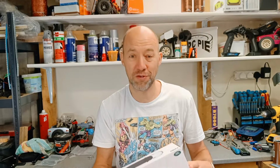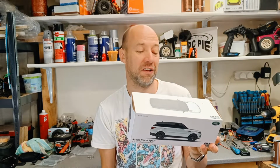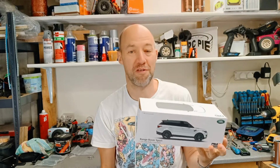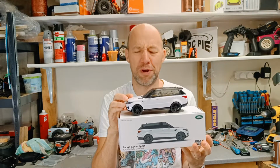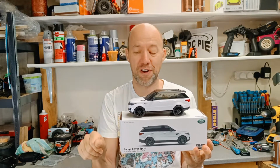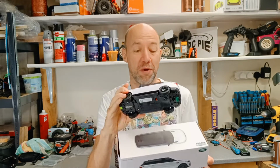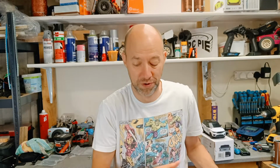If you're not new, you'll probably remember having a look at this little CMJ Range Rover, the one that barely moved, so we had to get a new one. I'm not sure I'd call it a Range Rover, maybe a Range doesn't rove, but it was an okay, super cheapo little toy. Well, I got myself something new. Here it is,